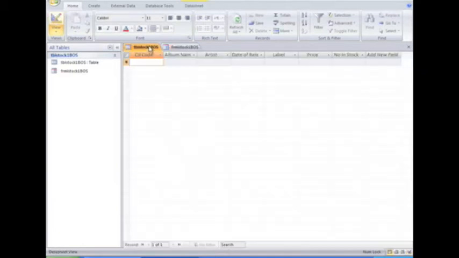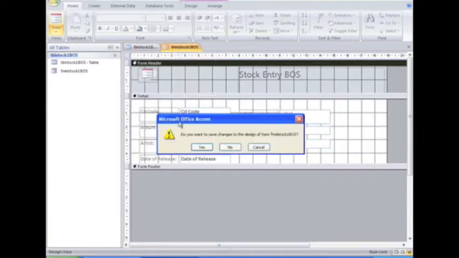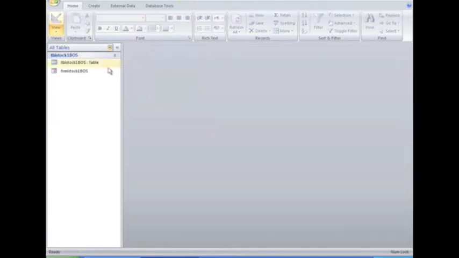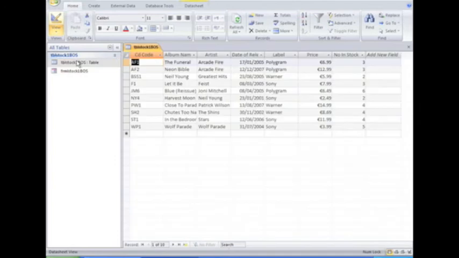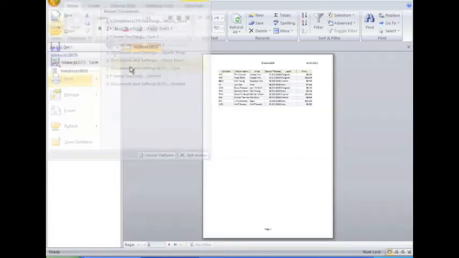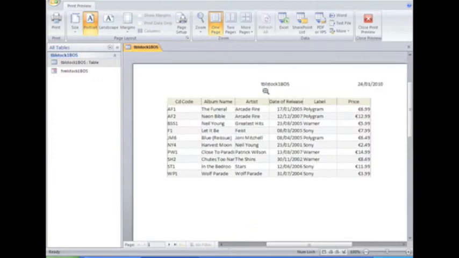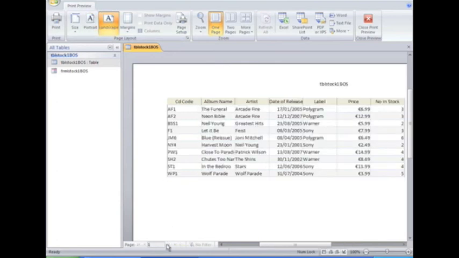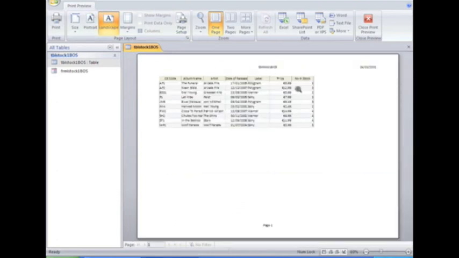And you also wish to print our table, which has none of the data input into it yet, so what we're best off doing is closing off the form, saving our changes, and closing off our table, and also saving the changes if you're requested. Then when you reopen the table, you can see that all our data has been input into the table, and you can enter print preview, and when you zoom in you can see that your initials are there, so you can identify it as your table. We'll notice this spills out into 2 pages, so if we changed the view to landscape, the table fits on 1 page. You can click